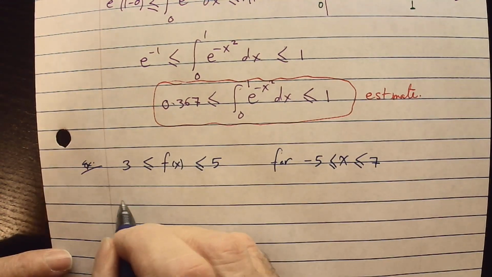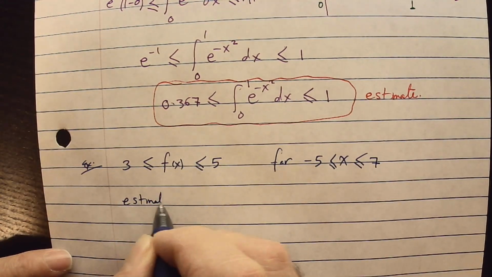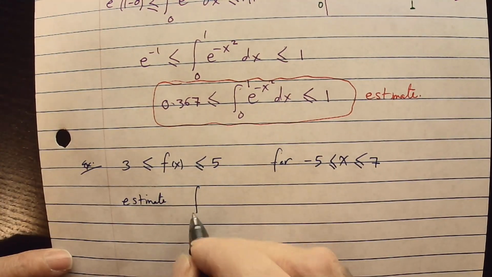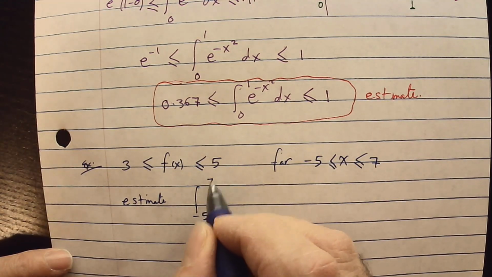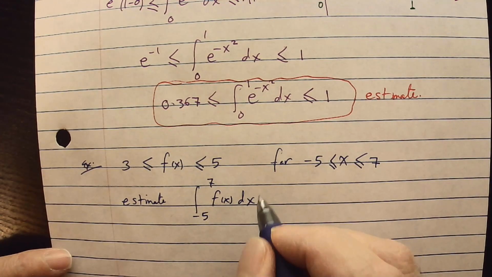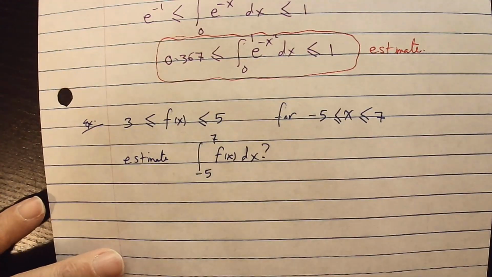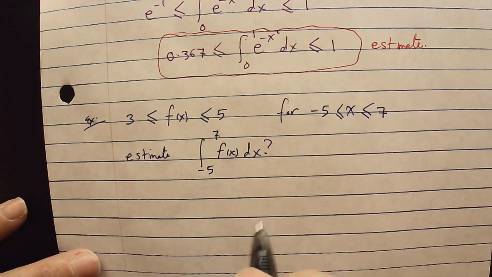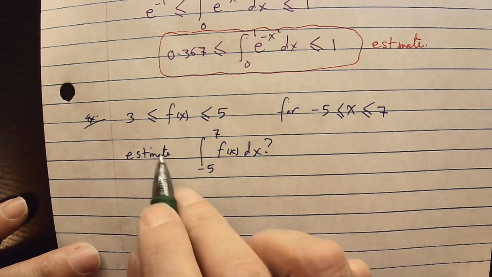So what is needed? Estimate the integral from negative 5 to 7 of f of x dx. Now we know here that